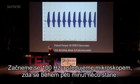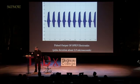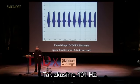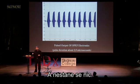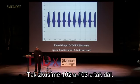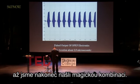And we start with 100 hertz, and we look through the microscope to see if anything's happening. We watch for 5 minutes. Nothing happens. So we try 101 hertz. We look through the scope for 5 minutes, and nothing happens. So we try 102, 103, and so on. Over the course of 15 months, we try hundreds and hundreds of frequencies, if not thousands, until we find the